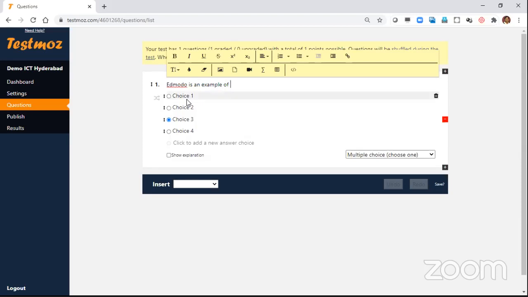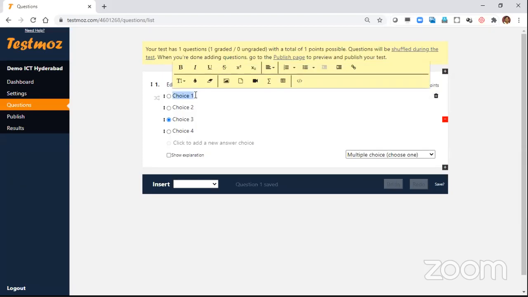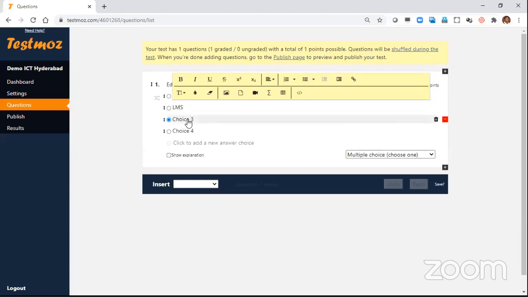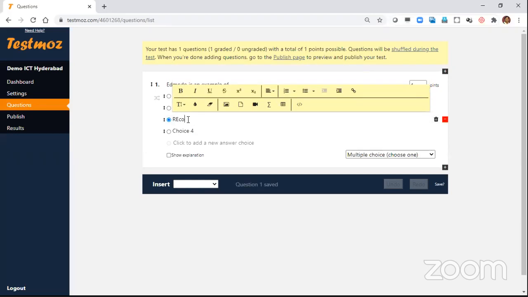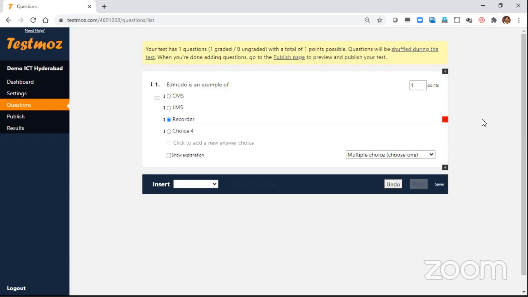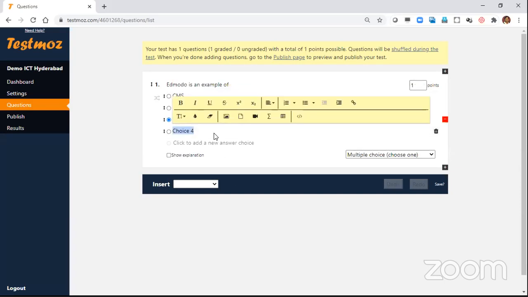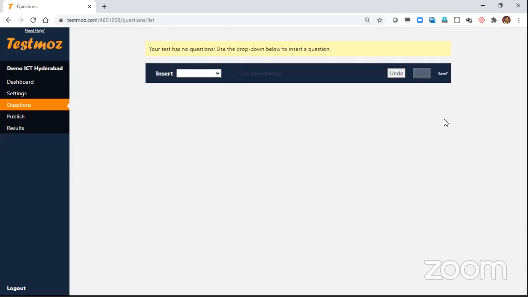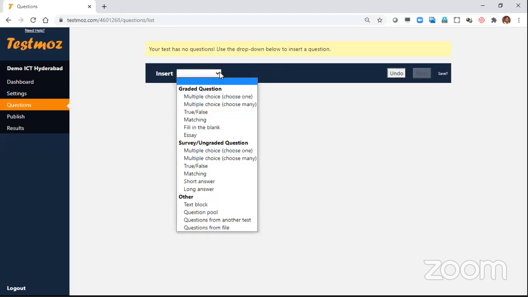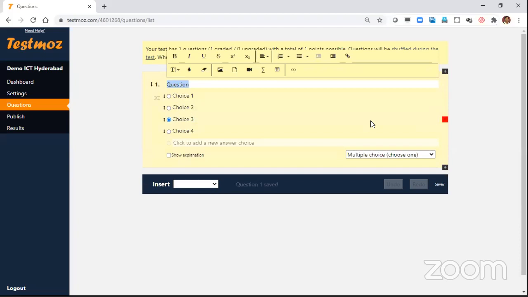Edmodo is an example of whatever. You can give the choices CMS, LMS. So points, 1 point, that's fine, no problem. And this I'm not giving it, so remove that. Just click on minus. Oh my god, entire thing has gone. I'm sorry. I should click against that only.